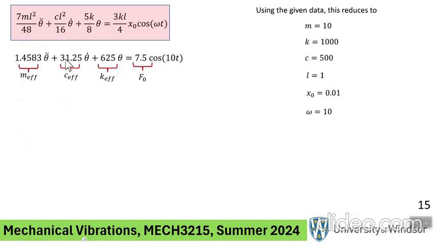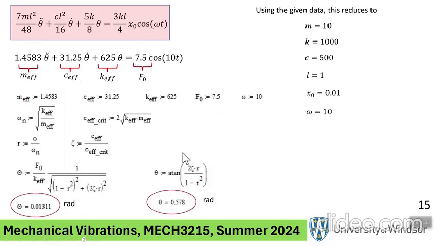This is the effective mass, effective damping coefficient, effective stiffness. And this is your essentially right-hand side, which we call F naught. Because remember, we have done things like this, where the right-hand side was a constant times cosine. So we're just replicating those formulas to get our answer. I calculated the C here: the amplitude 7.5, C 7.5, and then we plug it into our formula for